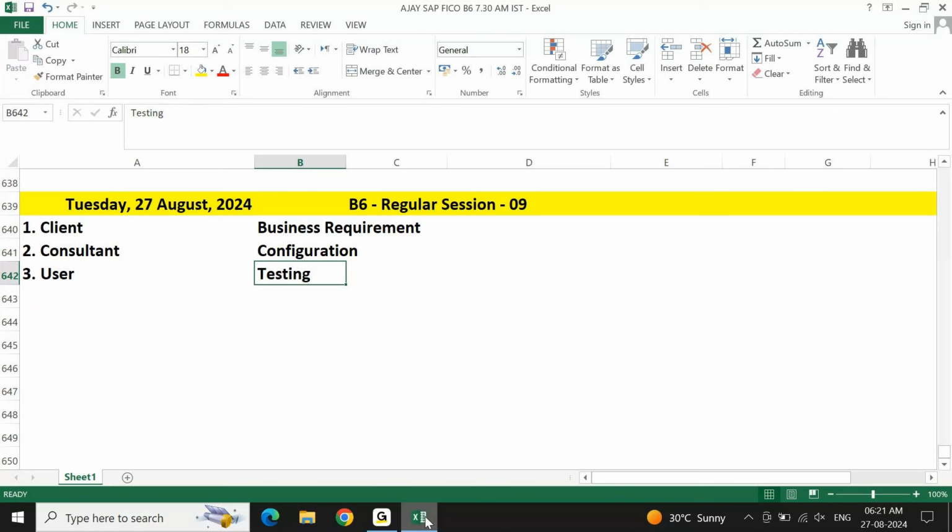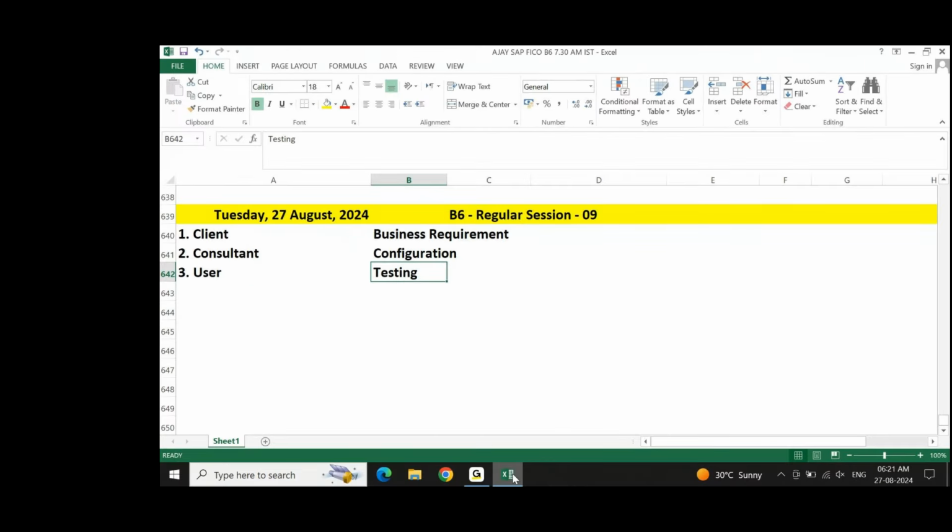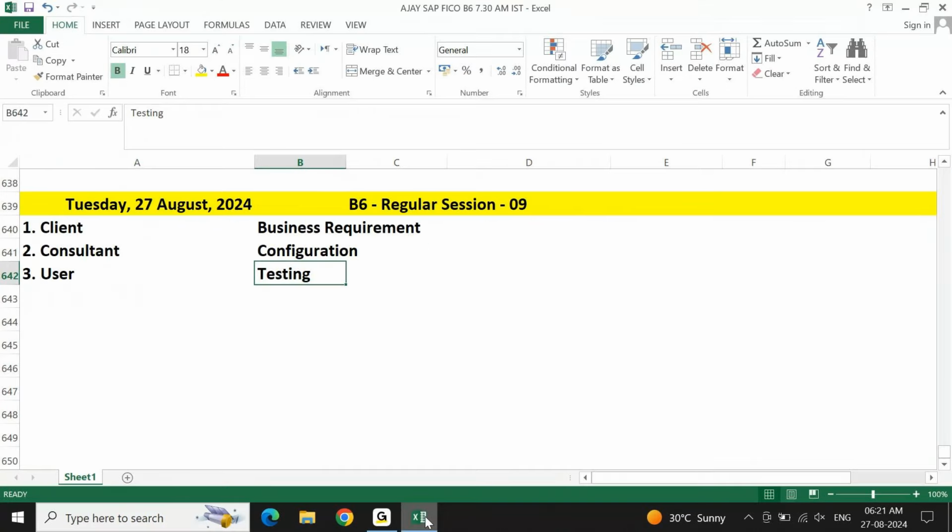Similarly, based on that business requirement, as a consultant, think about what you are going to configure, how you are going to configure the system. Based on your configuration, think from a user point of view, how you are going to test the system. Now you need to check and then give a confirmation stating, yes, everything is working fine. Just like that, in the air, you cannot tell it's okay, move it, we will see later on. Not going to work out.